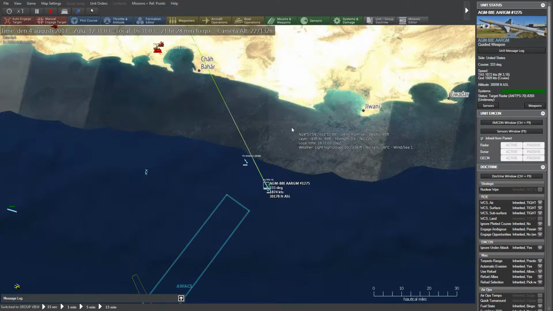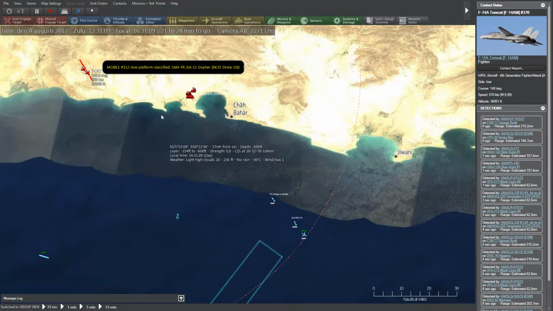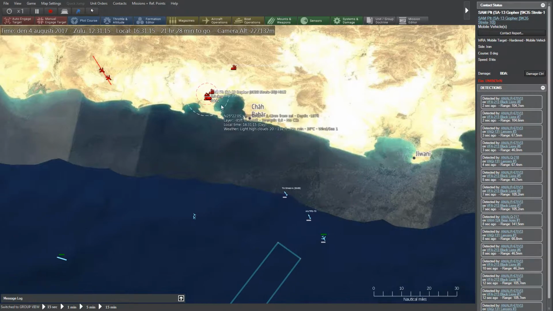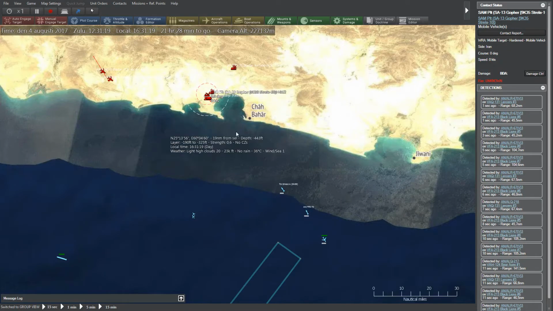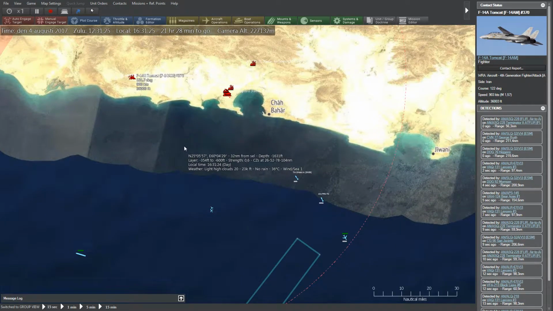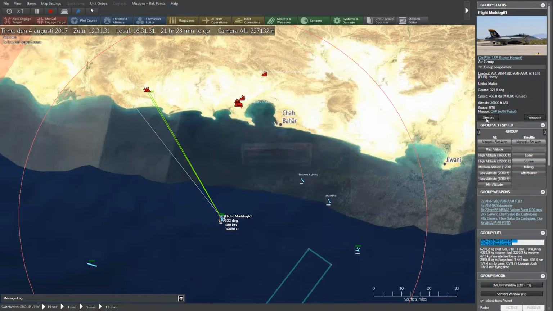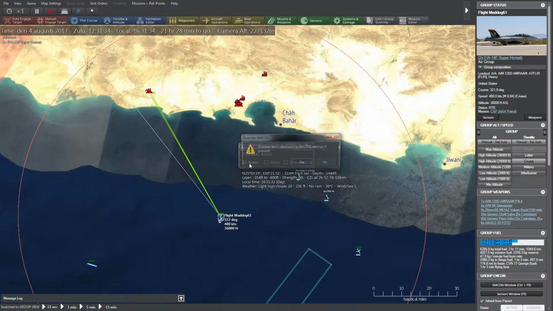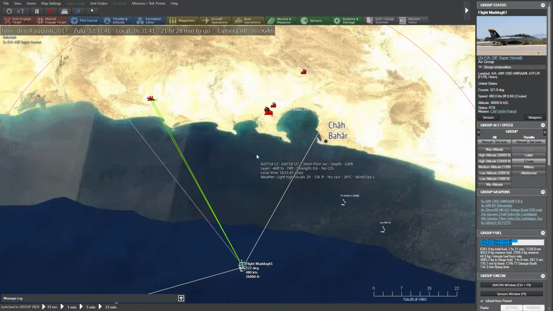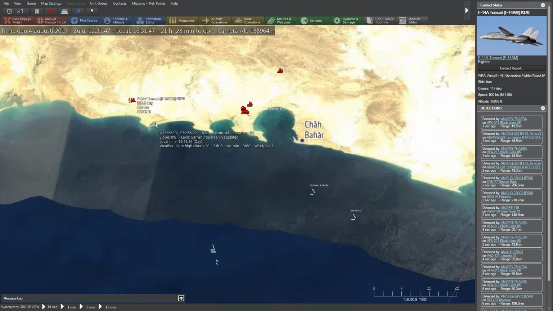Also, we have the second HARM going out for the other search radar. Still have these Tomcats coming in. Oh, we classified an SA-13 SAM system, which is basically a short range IR guided missile system. I'm not too worried about it. Let's see what these Tomcats are doing. I don't know. Let's actually enable radars of these guys so they can engage the Tomcats. Don't know what these Tomcats are up to, but